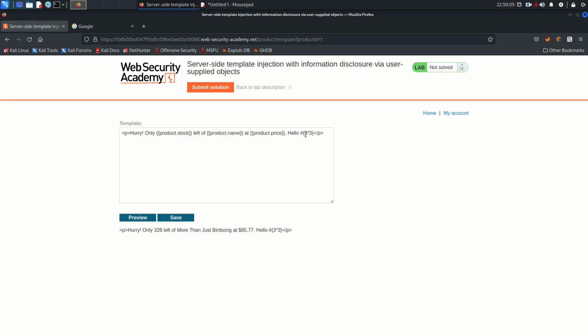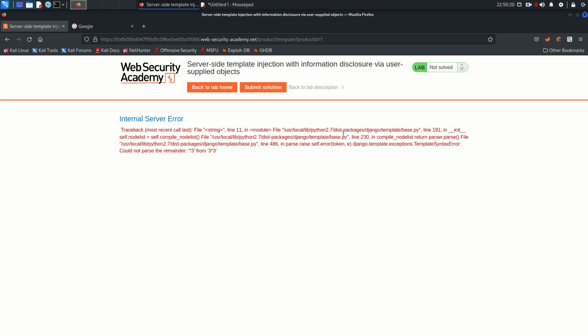Nope, not working. Let's try here, because here, as you can see, there are 2 curly braces. So I'm going to try it in curly braces. Okay, preview. And here we get what we need. So we made this application throw an error, and the error is saying it's using Python 2.7 and distribution package Django. Django template is used. So that means this application is built on the Django framework, and the template is used as